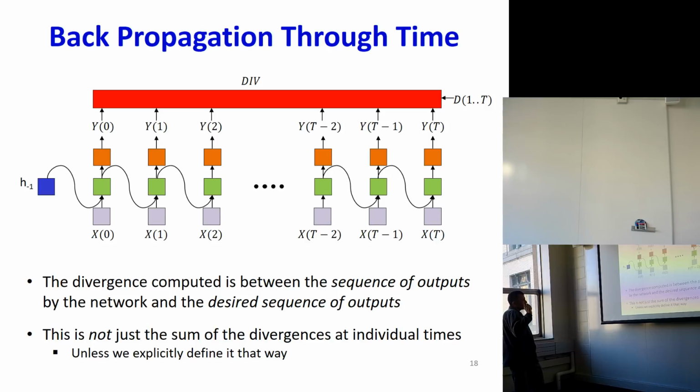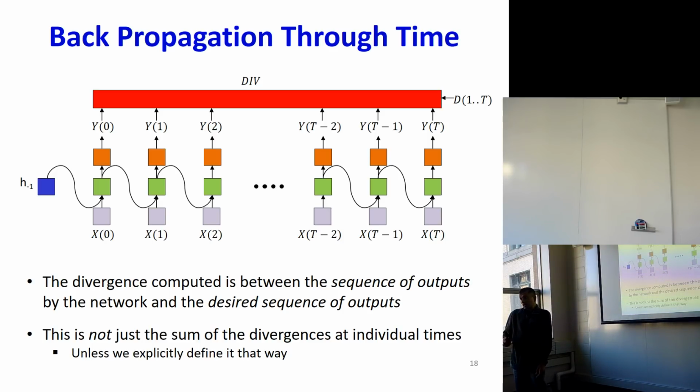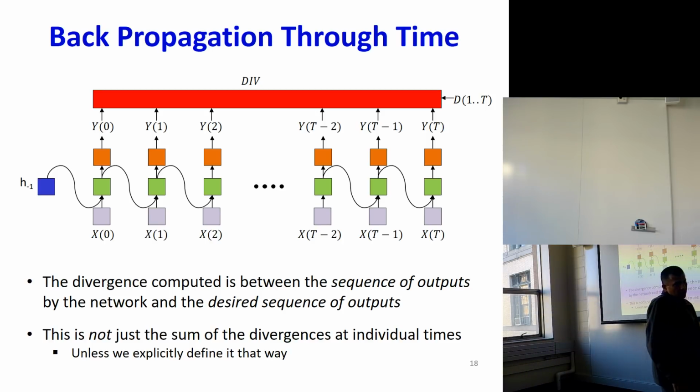Now, specifically, we noted that the divergence is defined between the sequence of outputs of the network and the sequence of desired outputs. So this means this divergence is not necessarily just the sum of the divergences at individual instants. It could actually be any odd thing. What we are really trying to compute is, do we have the,